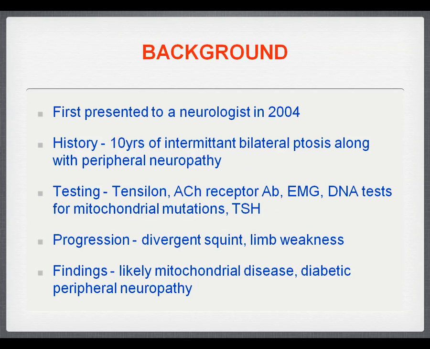And during this time, I think over a period of 2004 to 2007, her disease progressed, and she started to develop significant limb weakness in both her upper and lower limbs, and also a divergent squint that she didn't have initially. She just had the ptosis. In the summary of him seeing her, the final time being 2007, he felt that it was likely a mitochondrial disease, but he actually didn't give a diagnosis of what mitochondrial disease he felt it was, which seems not unusual, as these patients don't fit into a particular pattern, which she doesn't, even though she's convinced she's got this diagnosis.